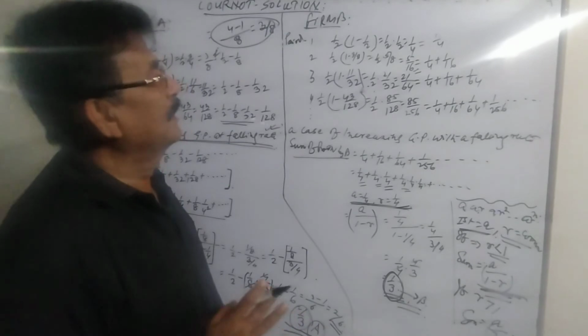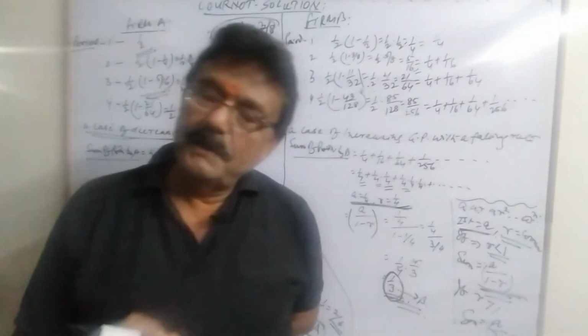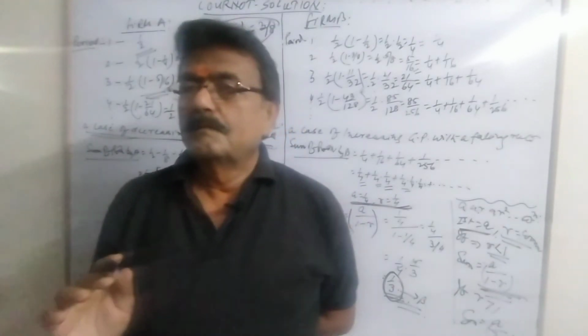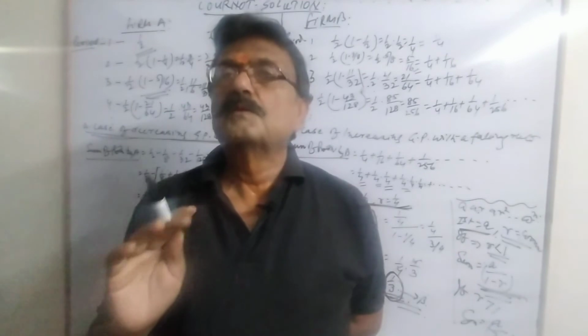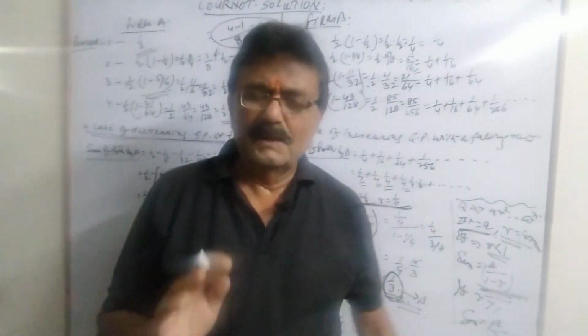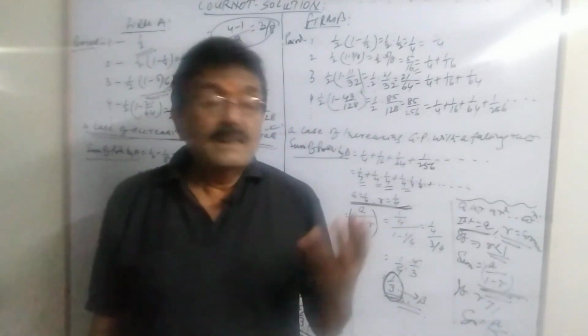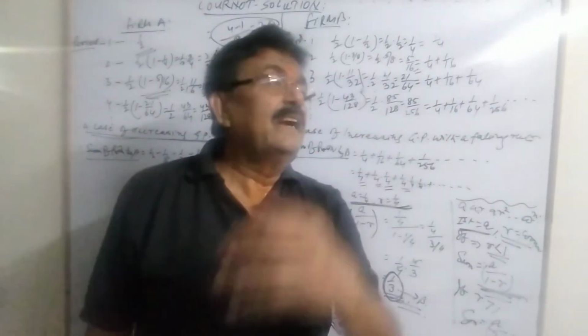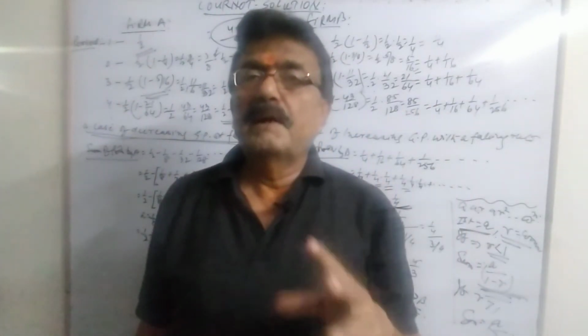So, this is all for today. The next class will be regarding this model with a numerical sum. I will explain a numerical sum. There we shall see the reactions, because this Cournot model, the earliest model, was given by Augustin Cournot, and he explained it the way in which I have explained in the class. This is the crude model given by Augustin Cournot.